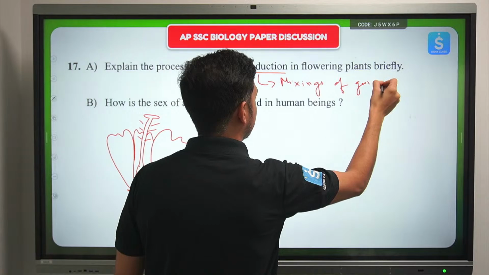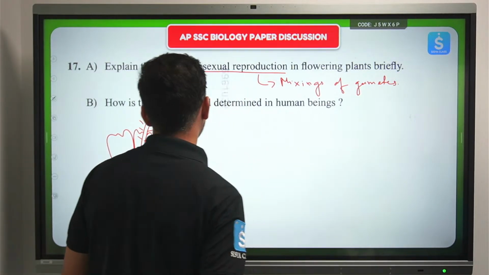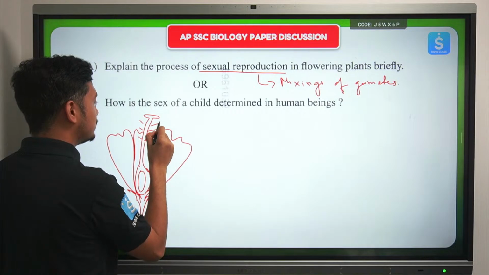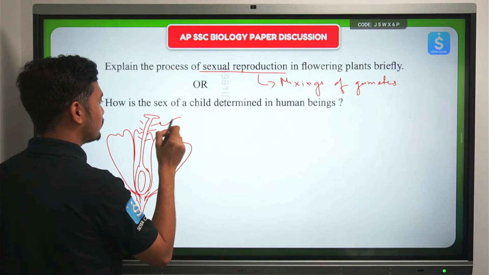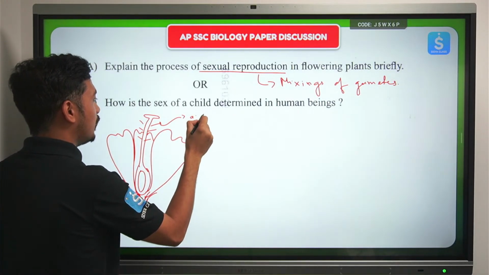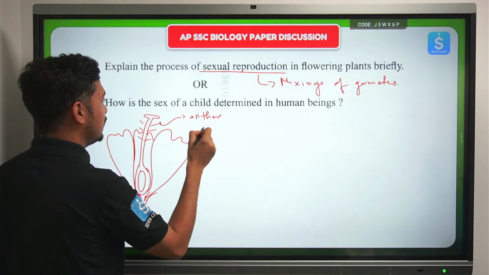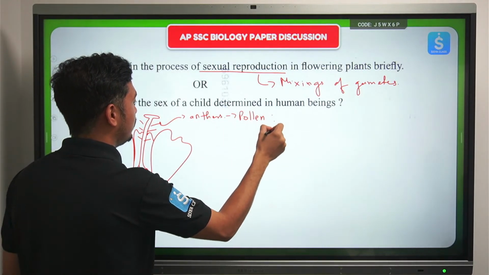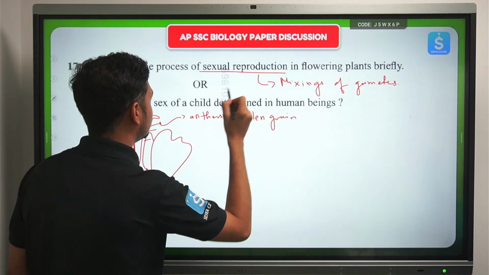So we need to first understand where these gametes are. In case of flowering plants, the male gametes are present over here. These are called anthers, and they have pollen grains. So basically the pollen grain is the male gamete in terms of